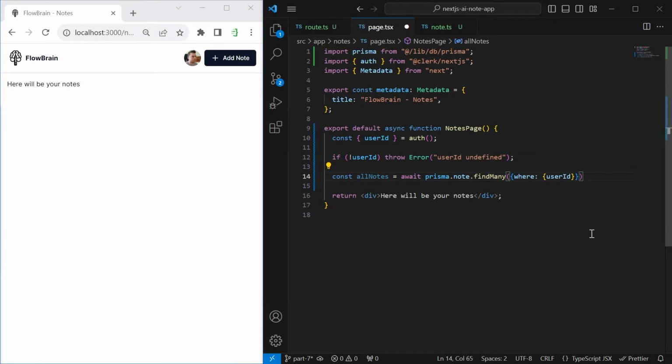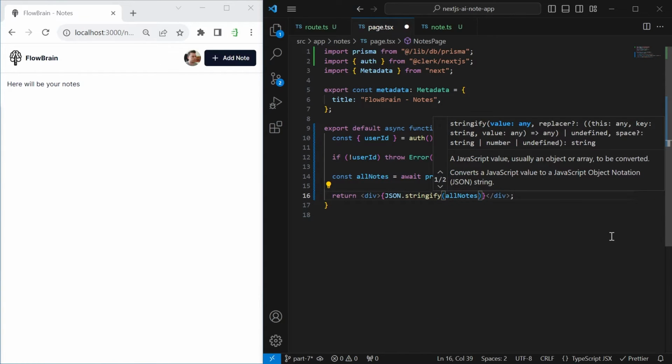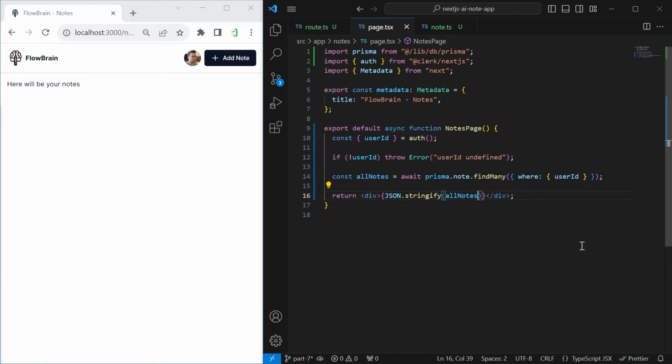And again, I want to keep the layout simple for now, so we just remove this "here will be your nodes" text. Instead, I want to put an expression in here between curly braces, and for now let's just JSON stringify allNodes. So we will just see them in plain text form. As soon as we save this, we see an empty array here